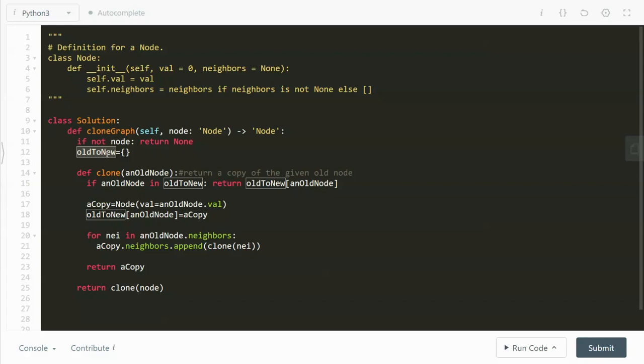This is more or less like dynamic programming. This is like a cache to save all the nodes that we have copied along the way. Now we have a function. I call it clone. This is a depth first search function, which we will call recursively. It takes in an old node, and we return a copy of the given old node. If we have already worked on this old node, that means the old node is already in this dictionary,